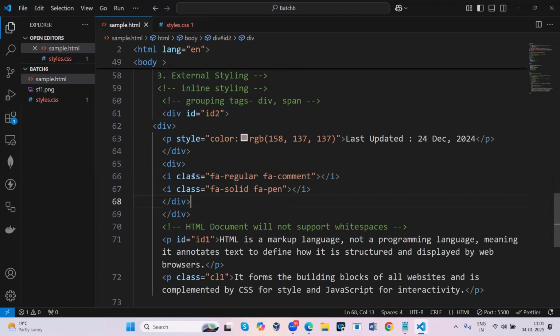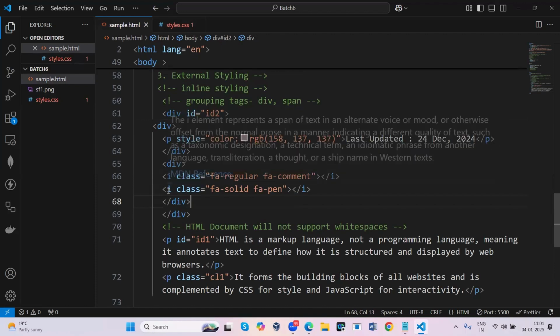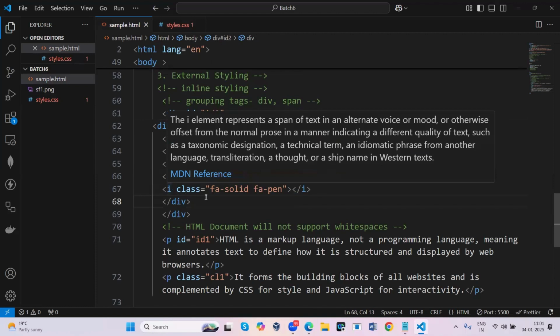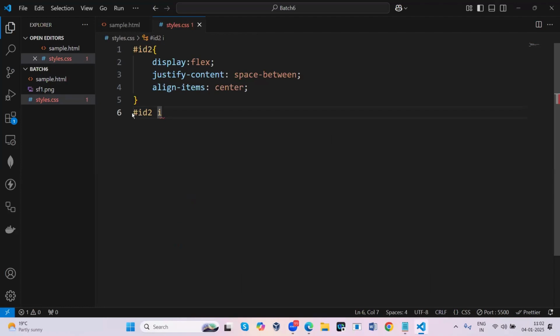If you directly write i, wherever you have i tags, all of them will get affected with the same styling, and I don't want that for all. Only these two tags present in this section should be affected. So ID2 is the parent, and inside it there is an i tag. For that, I want to do stylings.